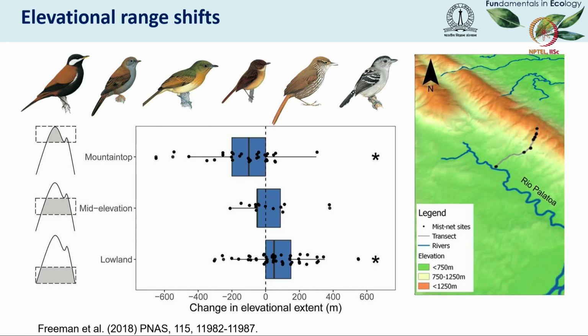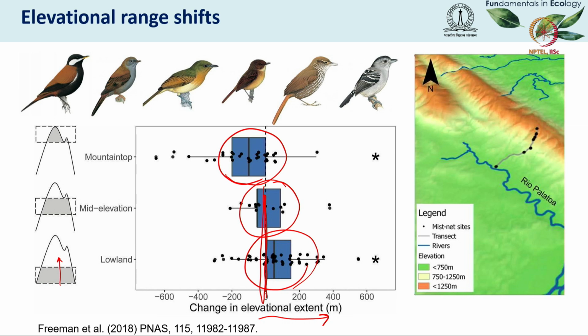So what you're seeing in this Andean mountain range is that if you look at the change in elevational extent of the range of species, lowland species have actually expanded their ranges upwards, and therefore their elevational ranges have increased in size. Mid elevation species have shifted on average their lower limit and the upper limit of their elevational range upwards, and so their elevational range size has not changed over time, it remains around zero. The mountaintop species have actually endured range contractions, and so that's a negative impact on them,